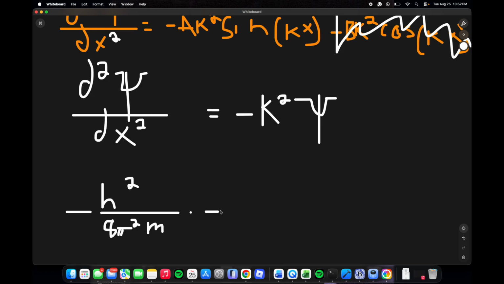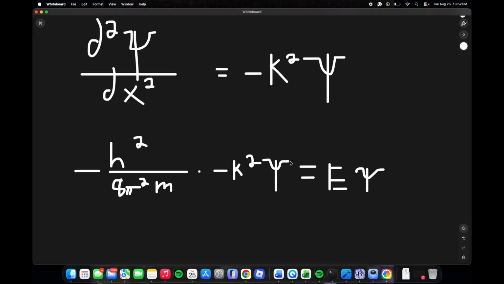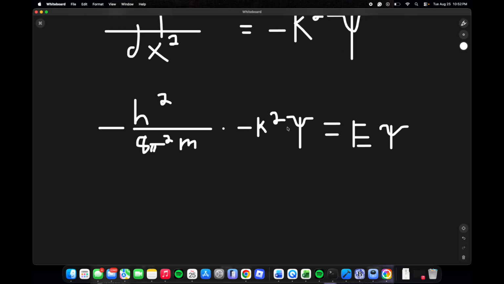And then times negative k squared times the wave function. And remember, if our potential energy is 0 in the domain in which we are evaluating this, well, then this term goes to 0, okay? So we don't need it. And it's going to be equal to the energy of that system times the wave function, okay? Pretty simple. Notice the negatives cancel, and if we want to solve for k, let's first say that